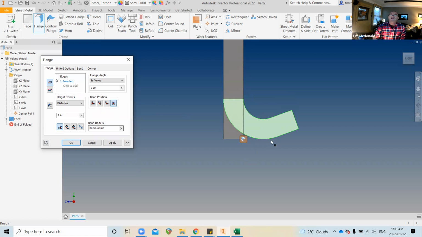And this way, this arc is tangent to the bottom. So it does make a difference if you wanted to include a hemmed component that needed to be a specific width,